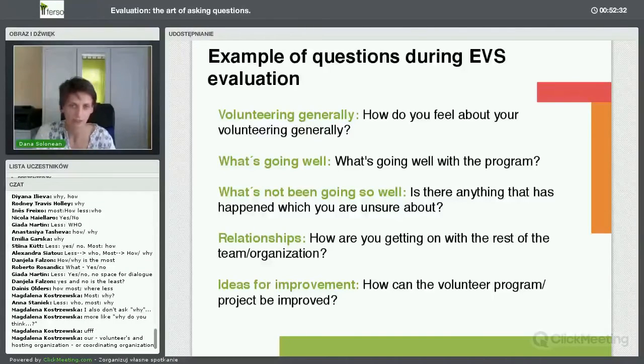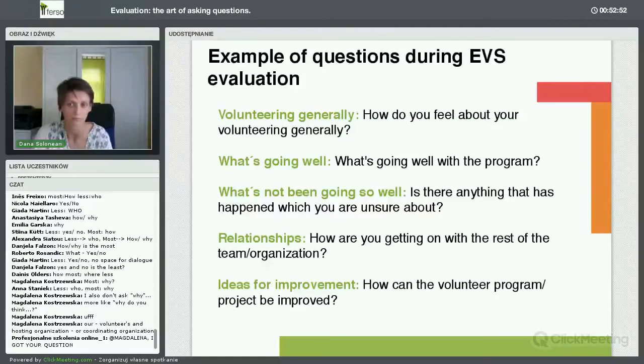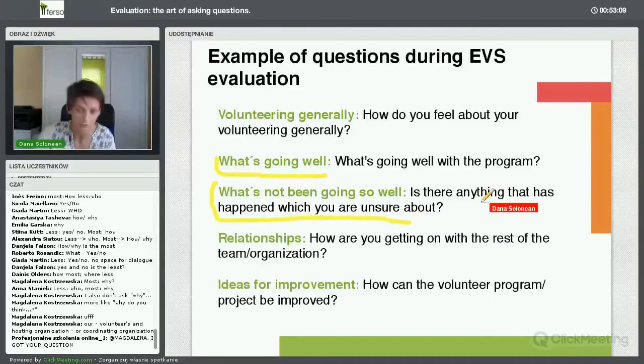Now, as you can see, I prepared for you some examples of questions that we can have during evaluation. This is just to give you this practical perspective, and how we do it. You can find them also in the EVS manual that I will be mentioning at the end of the webinar, because we created also a manual about the EVS project. The example questions that you can find are about volunteering in general,